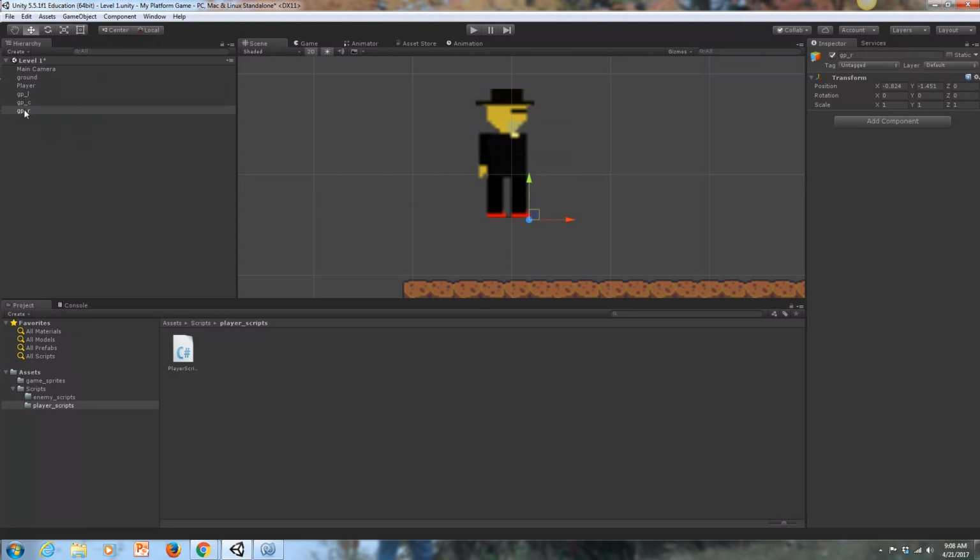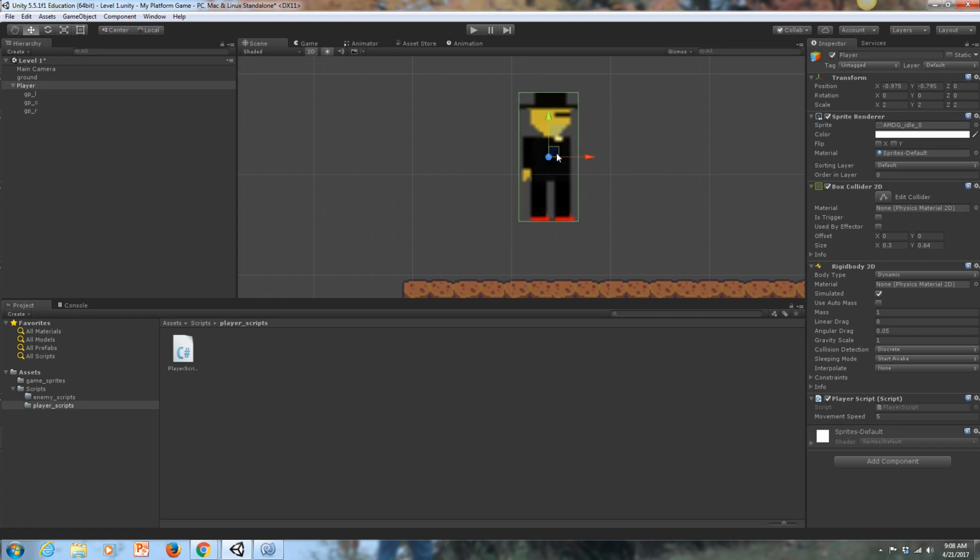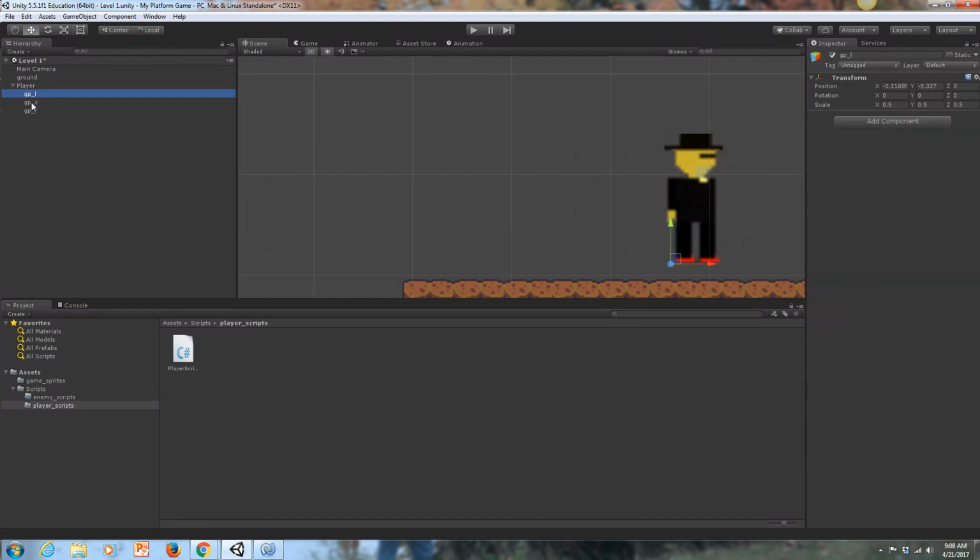Now that I've located them, I'm going to select the 3 of them and make them a child of the player so that as the player moves, if I move him over here, my ground points are moving along with him, right? Because I want them to travel with him as he's moving around on the game space. Okay, so I've made my ground points. Now we can go into